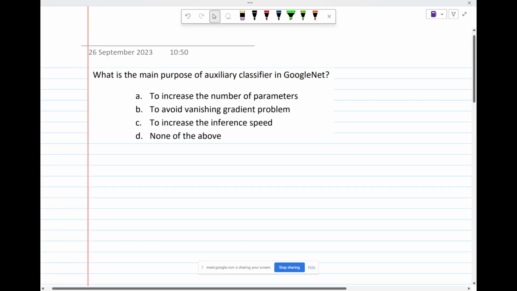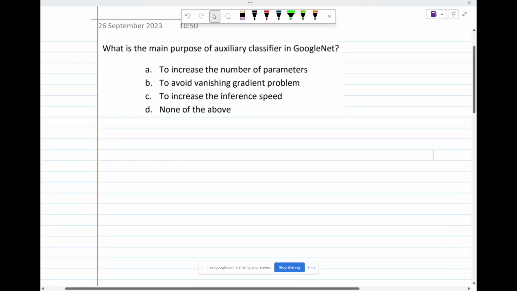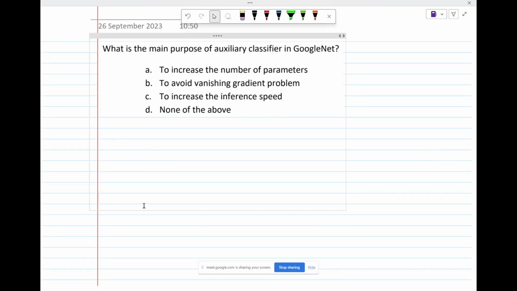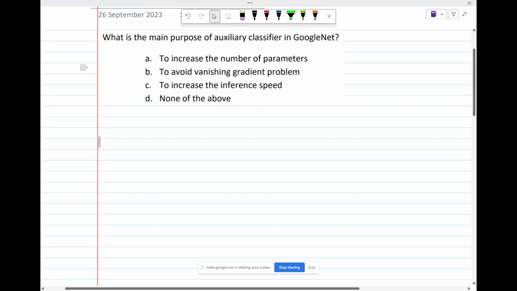So the first question is asking, what is the main purpose of auxiliary classifiers in GoogleNet? So GoogleNet was the architecture which sort of was the state of the art in that image classification competition. So in 2014, I think, and the GoogleNet architecture was sort of very long,